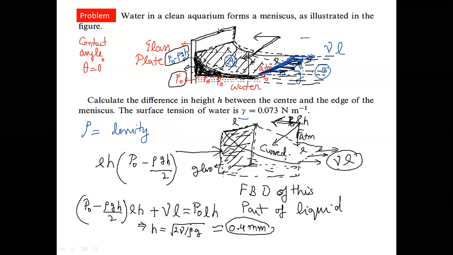Try to understand this question. Try to convince yourself. Okay. So this was my question from surface tension in fluid mechanics, given by one student. It can be helpful for other students who are preparing for the JEE exam and who want to understand the concept of meniscus forced by the surface tension. Hope this question is clear to you.